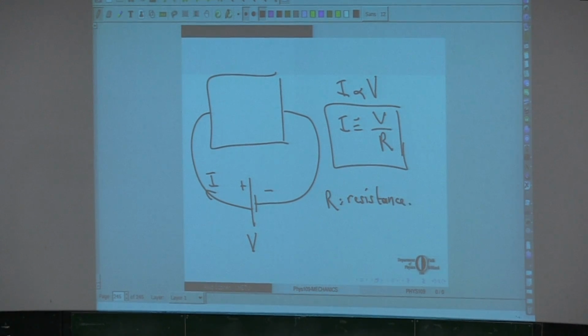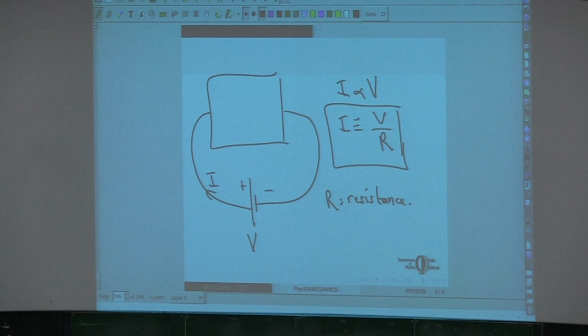The smaller the resistance, the larger the current we have. Well, in a sense, you can just think of this as the mass. Mass is resistance to motion, and resistance of a circuit element is the resistance to a potential difference. So if you have a fixed potential difference, a system that has a larger resistance will create a smaller current. A system that has a small resistance will create a larger current. It's analogous to the mass in mechanics.